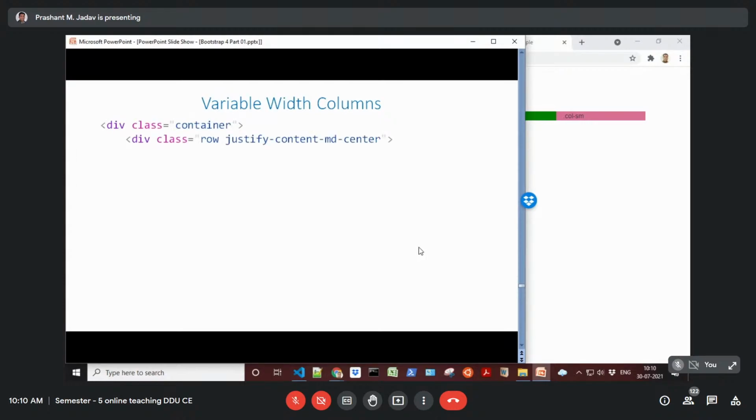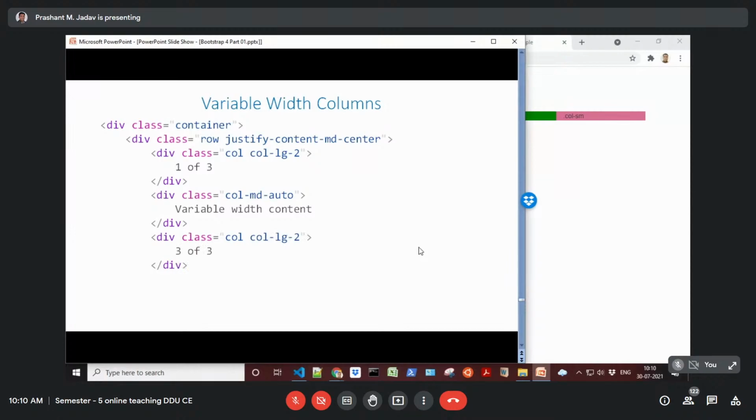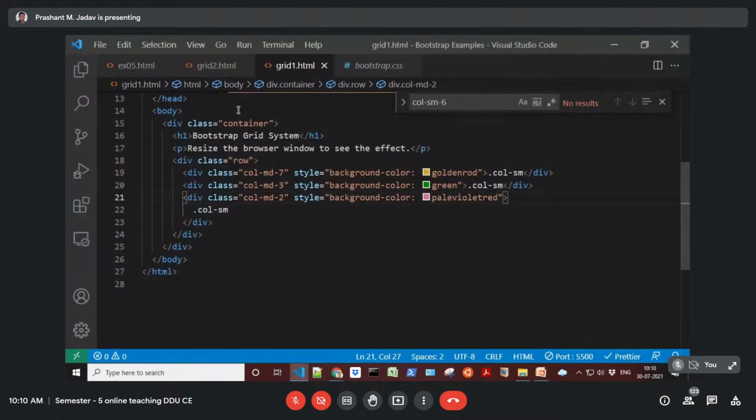And it is also possible that you can have the variable width column. So you can see that one is targeted for large devices. If you have any example, let me check.